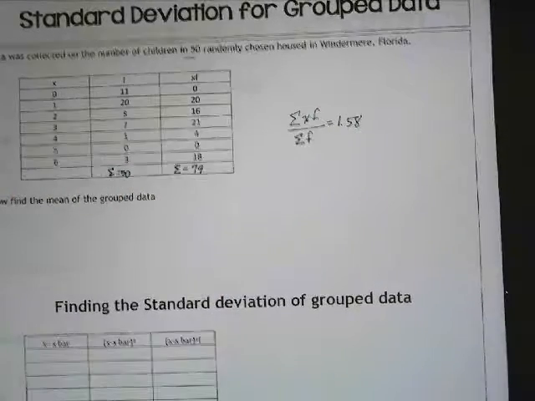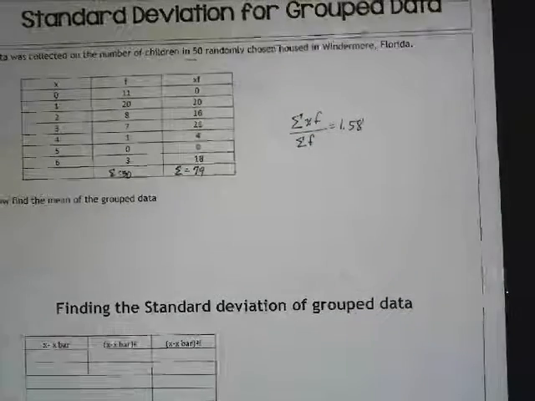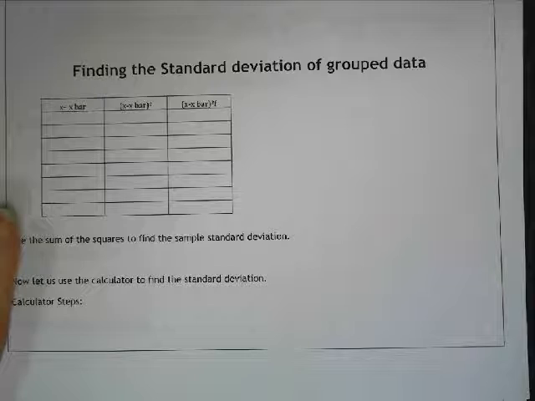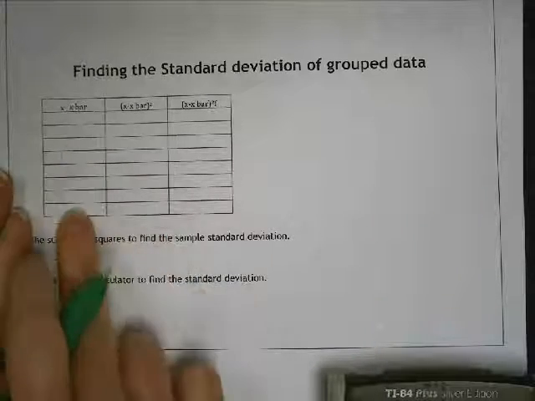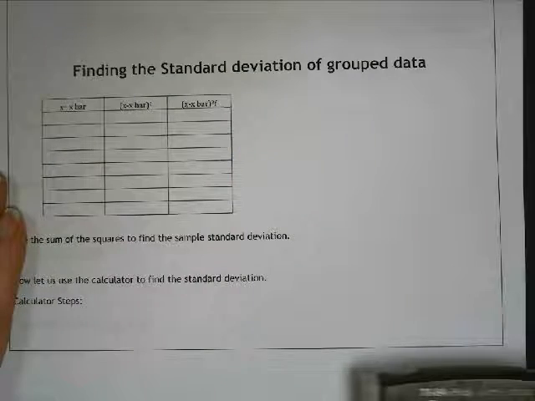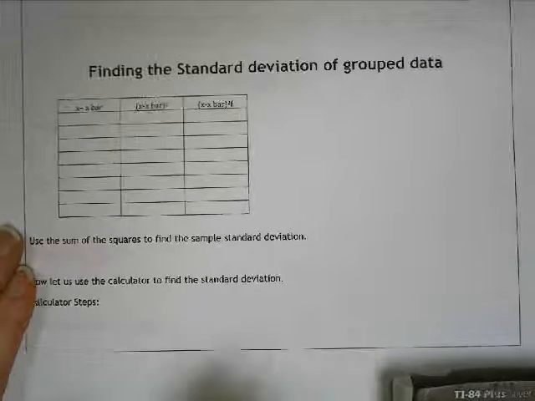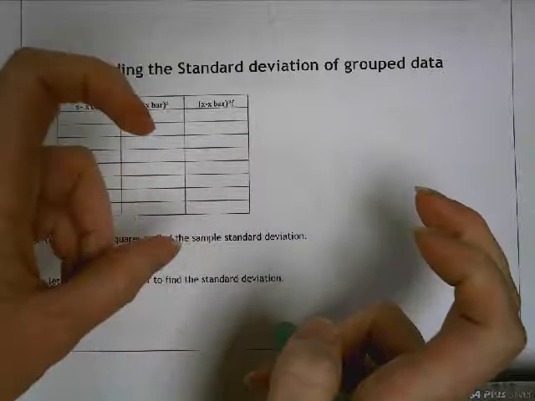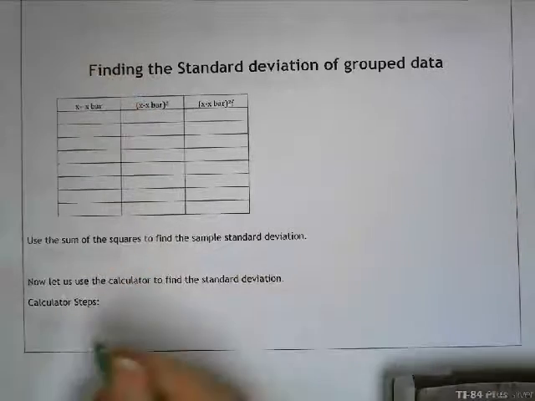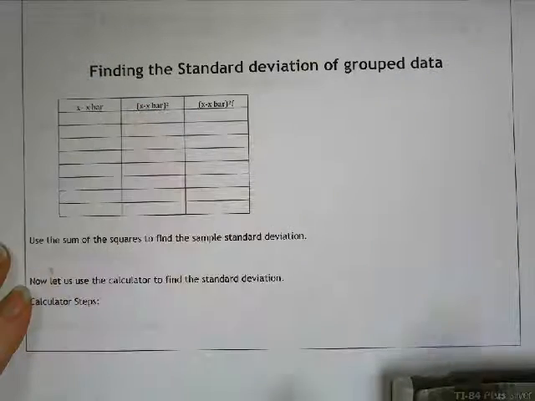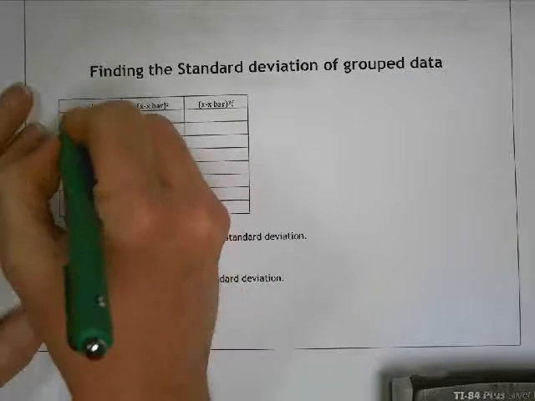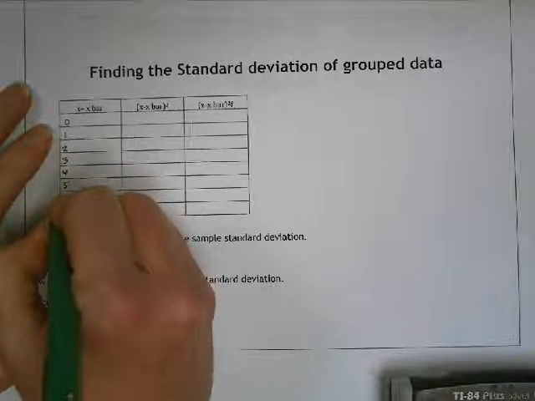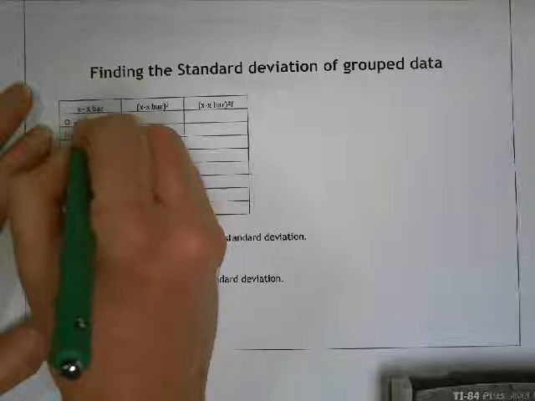Now we're going to find the standard deviation of grouped data. That's why I went ahead and put it in my calculator. We're using the exact same data, so I'm going to do X minus X bar. Remember, this is doing it by hand, in quotes, for those of you at home. We're going to use our calculator, but we're writing out the process as opposed to just hitting one button. So 0, 1, 2, 3, 4, 5, 6, minus 1.58,